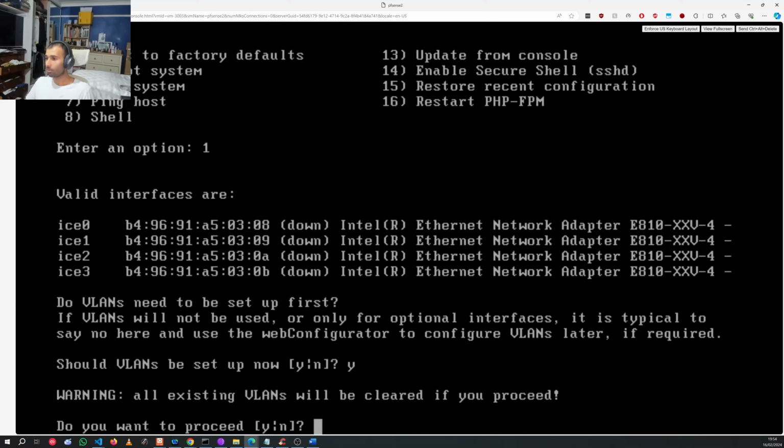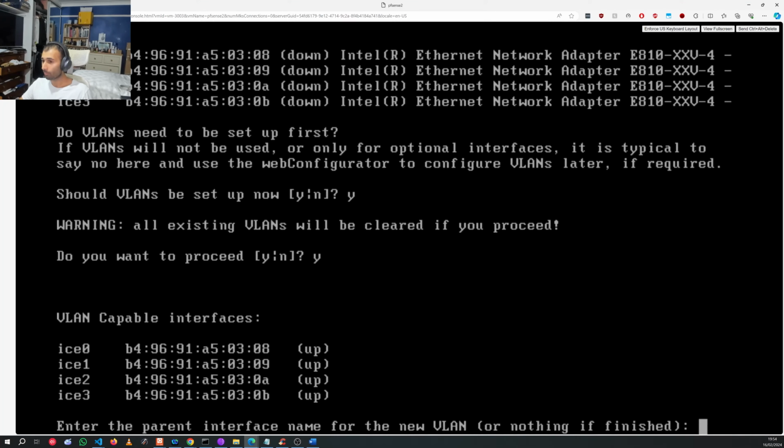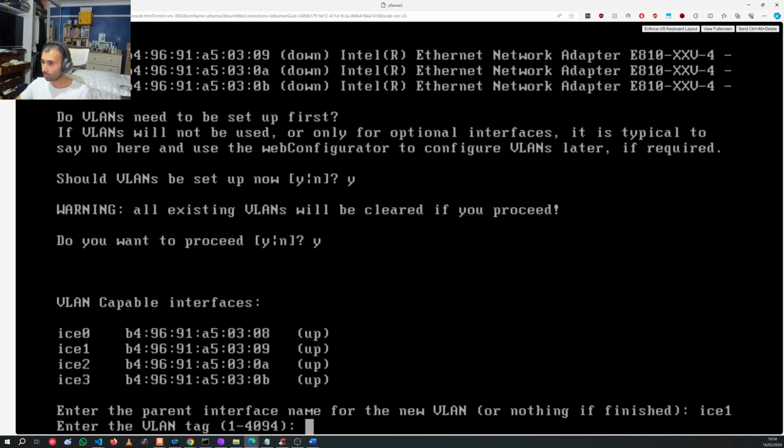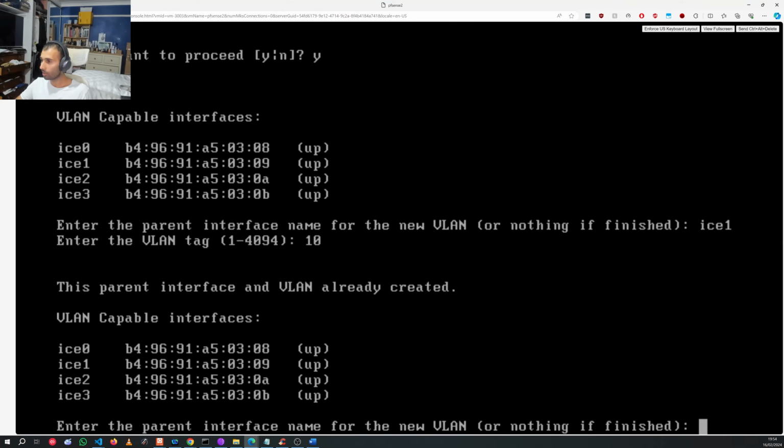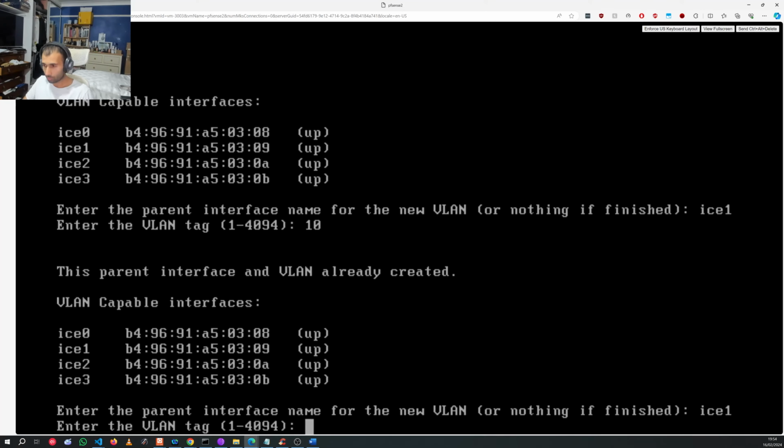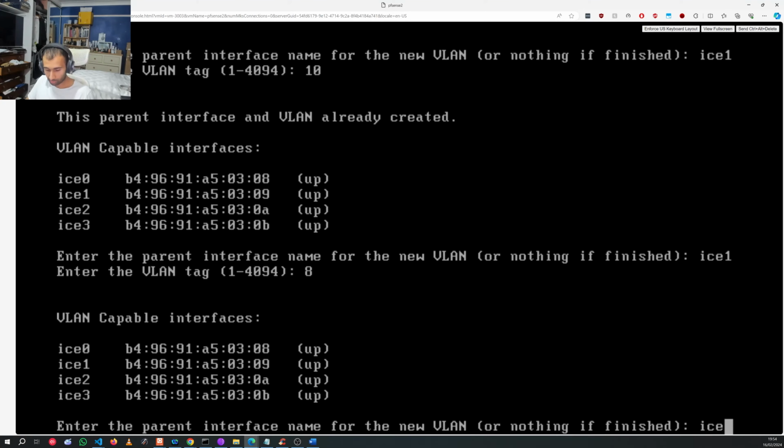Warning, all existing VLANs were cleared. Oh, why? We just set it up. But alright, fine. What was my parent? ICE 1, wasn't it? Yeah, ICE 1. VLAN 10. Enter the parent VLAN for the new VLAN. Okay, ICE 1, VLAN 8, ICE 1,